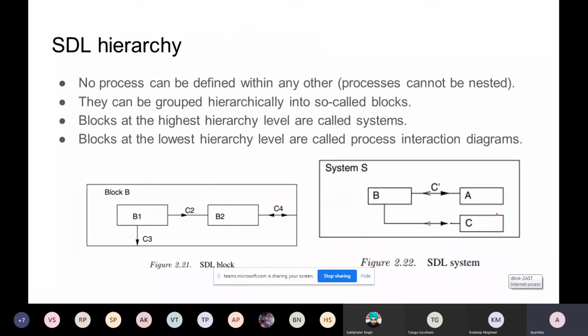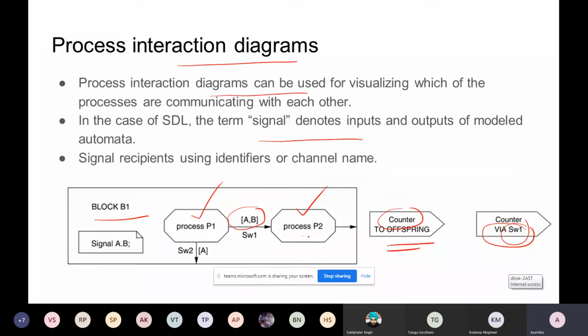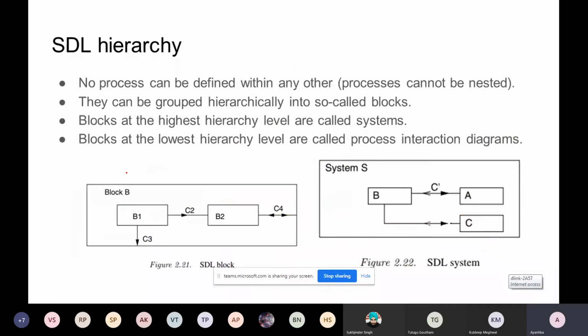So based on that, not only this process interaction diagram, you also have to consider some hierarchy. That means, see, here inside one block you have considered these two processes and combined their communication into a block. Now this block is basically a small part of your whole system. So you have to consider these components or subcomponents inside your system, and that way your system may look like this. Your whole system is composed of these blocks.